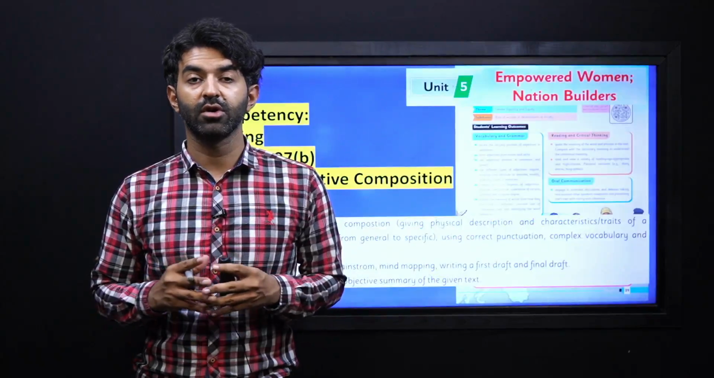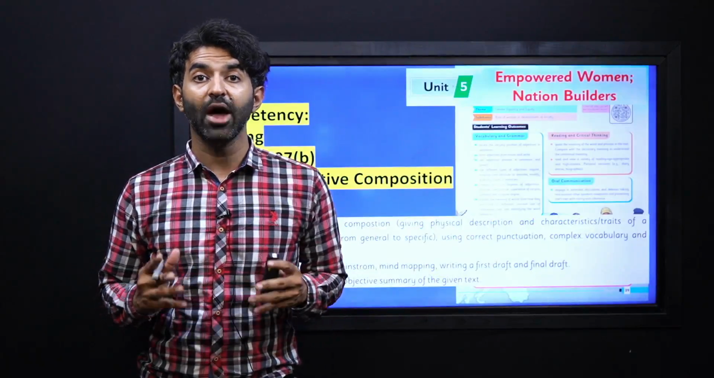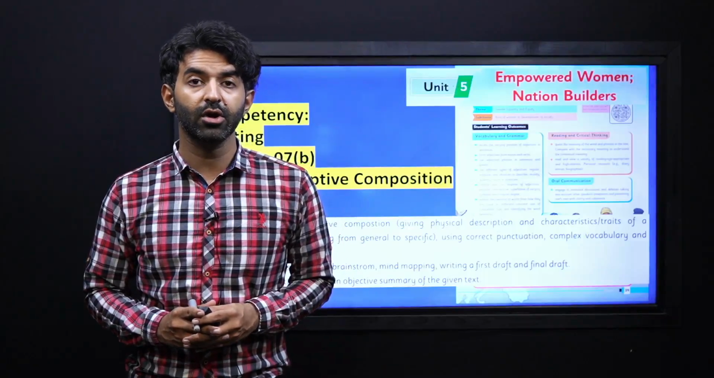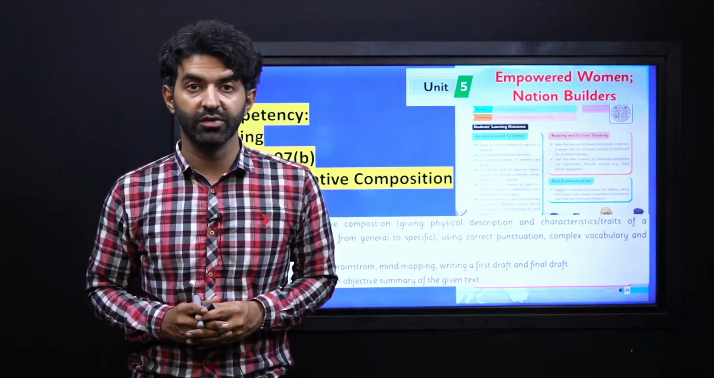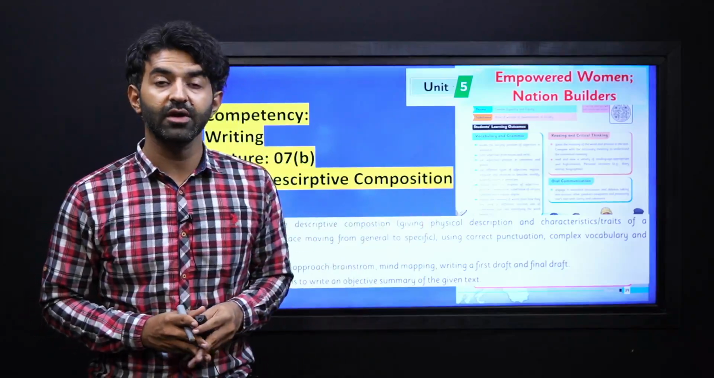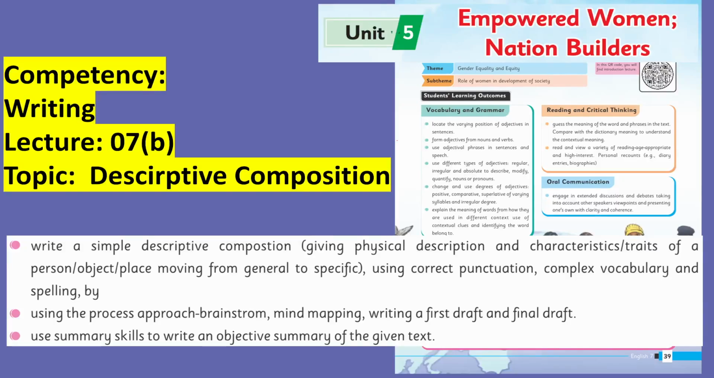Today we are going to cover a student's learning outcome of writing. Let's read our student's learning outcome and see how we can achieve it. So this is unit number 5, as you already know. Now our SLO says,